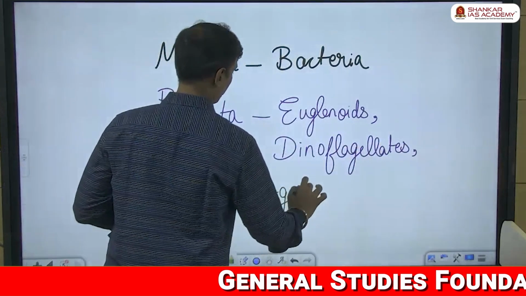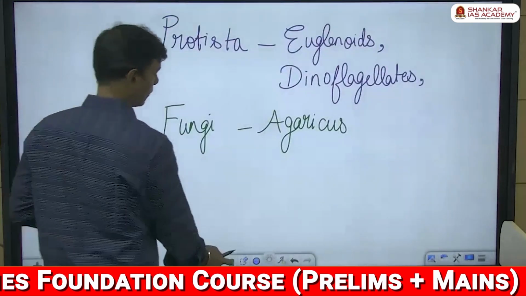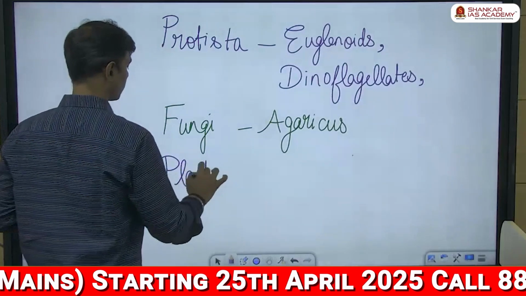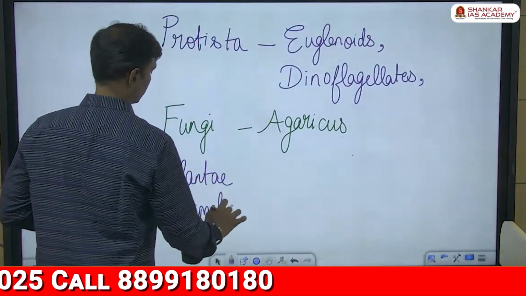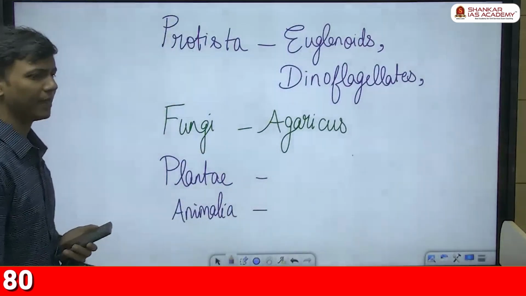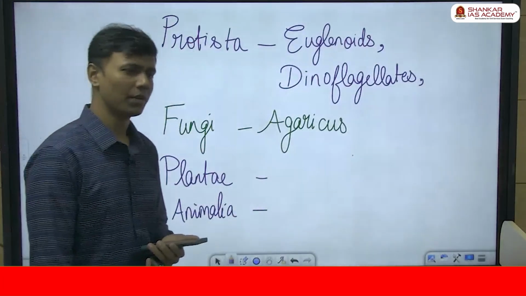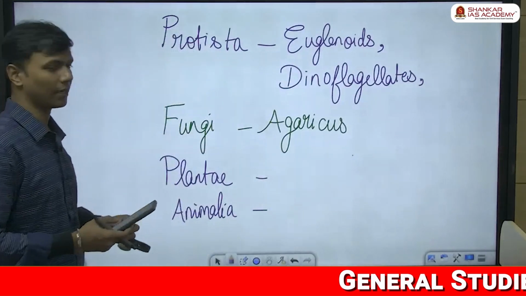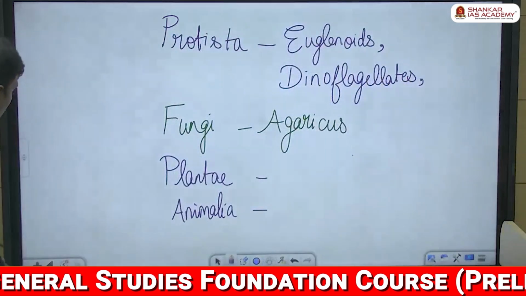Fungi, most of the mushrooms we consume are agaricus. All these are examples for the fungi kingdom. Plantae or plant kingdom, any plant that you like. Apple tree, mango tree, or hibiscus, anything can be taken as an example. In the Animalia kingdom, we humans are examples for the Animalia kingdom, right? This is a general classification. Then,